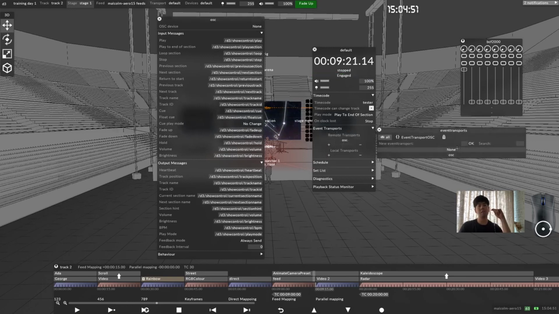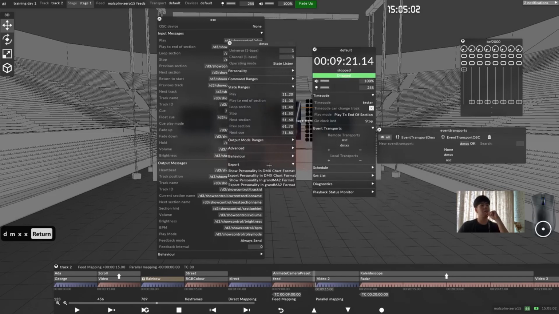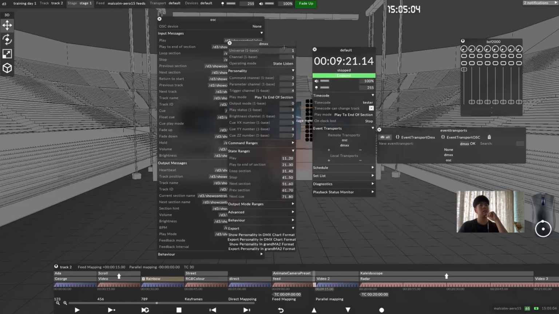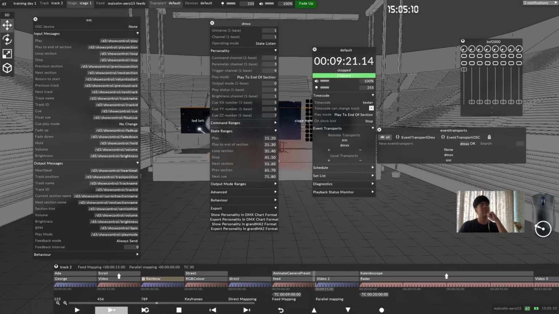Same goes for lighting. So let's say DMX and the transport DMX. Okay, so you can see here for lighting console, we have to target which universe and channel. Then we change the different mode. There's command and state listen. This one you can go online and check out. Okay, I won't explain much on this, but mainly just to show you that a lighting console can control this guy's